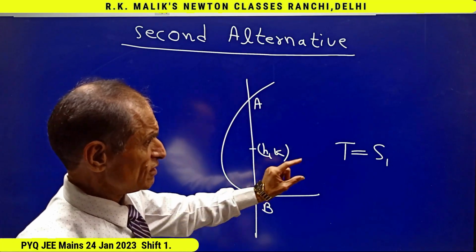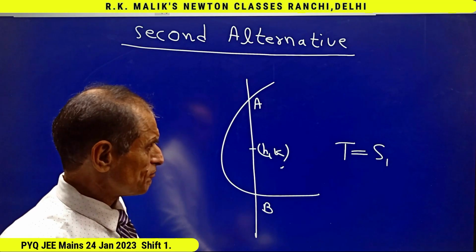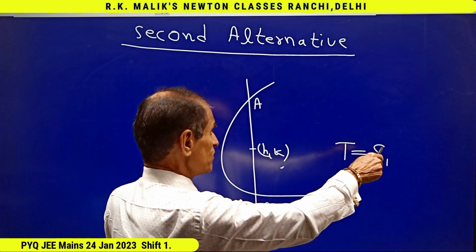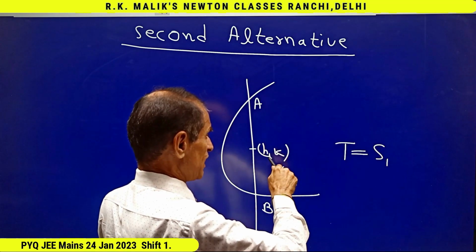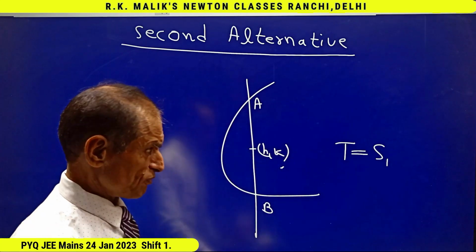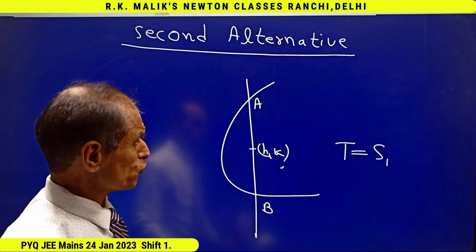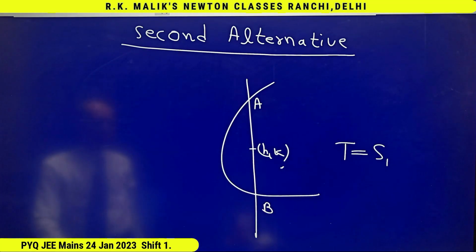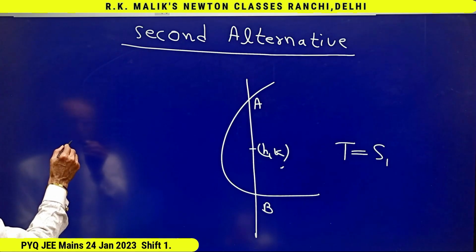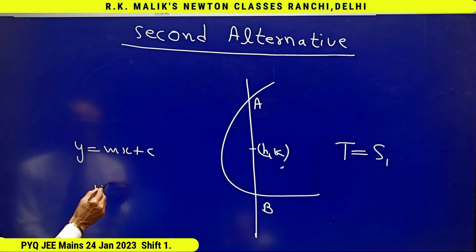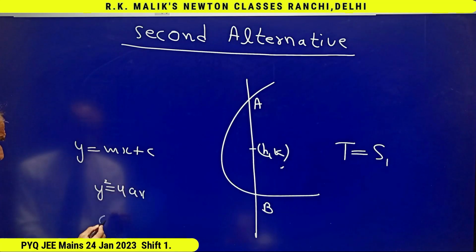You must be knowing that the expression of T we get from the formula of tangent, and the expression of S1 we get by writing h for x and k for y in the equation of conic. This formula is just for remembering purpose. Still, if you have not understood, I'm going to use this formula in this question. And the second formula which I will be using in this solution, and that formula I have already told in the previous alternative. Still, I'm telling you again that y equal to mx plus c touches the parabola y square equal to 4ax if c equal to